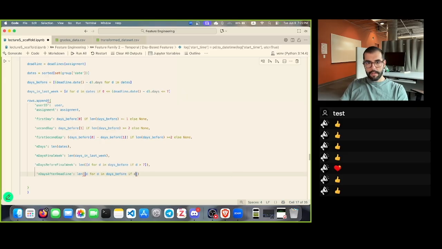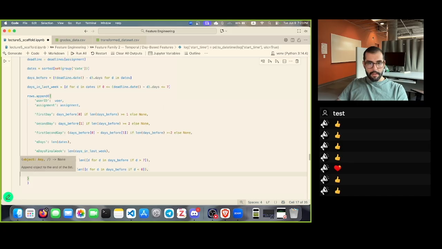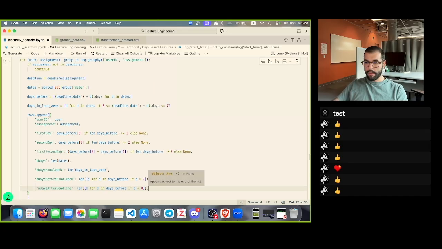Okay, if D is less than 0. Okay, so if we have dates in days before whose value is smaller than 0, it means that they have passed the deadline. So we want to see how many days they have passed after the deadline to submit. Okay,